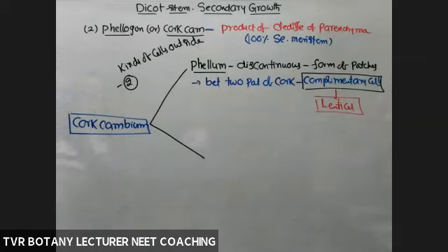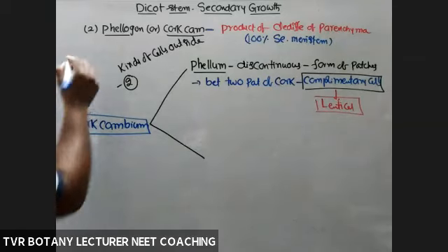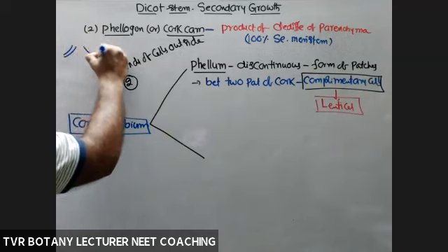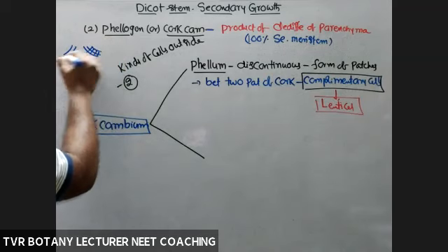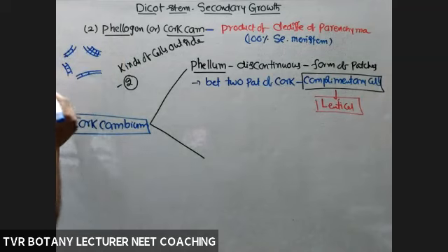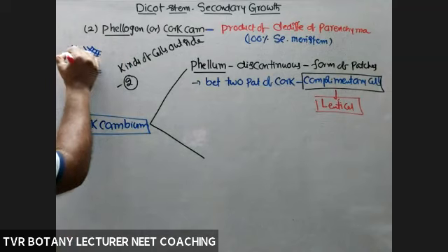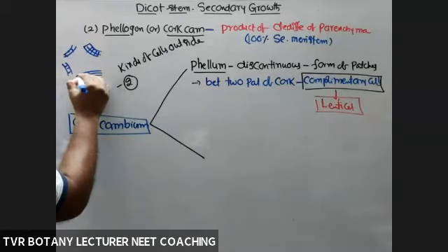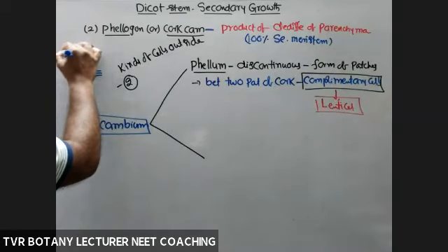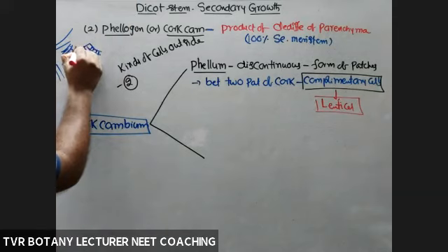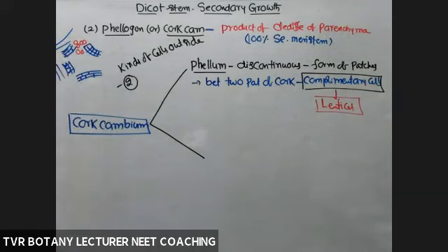For example, this is a dicot stem after secondary growth is going on. This part is the lenticel. This one is the epidermis. The phellem part continues, and here and there complementary cells are present. So what about the phellem? Is it continuous? Discontinuous only.